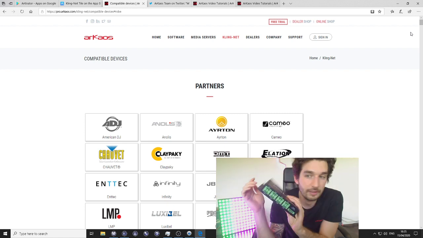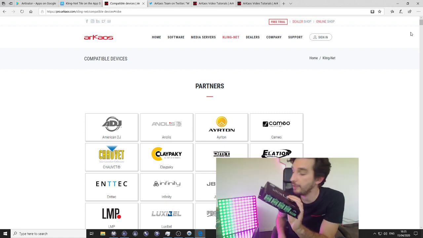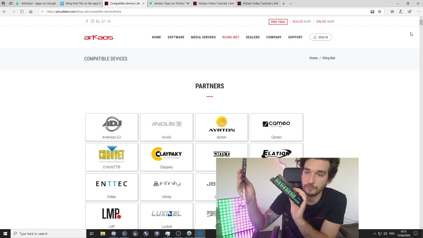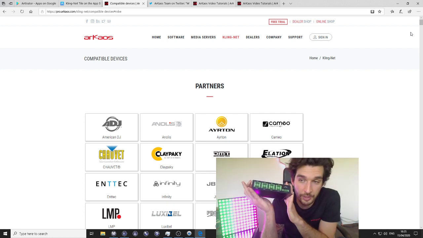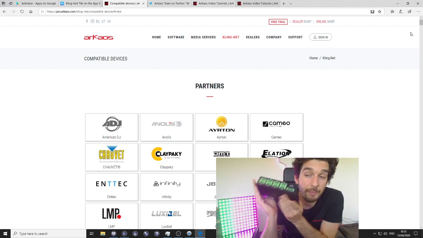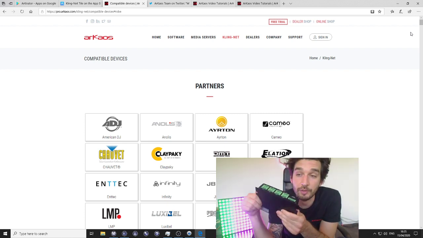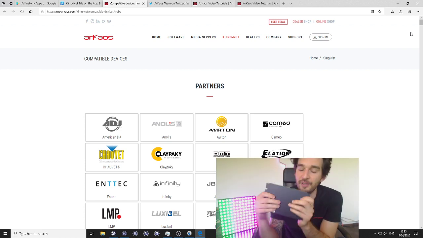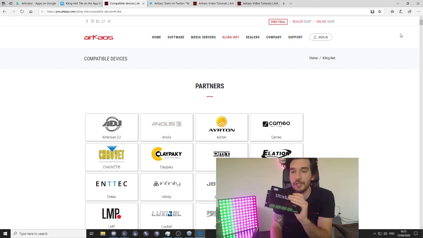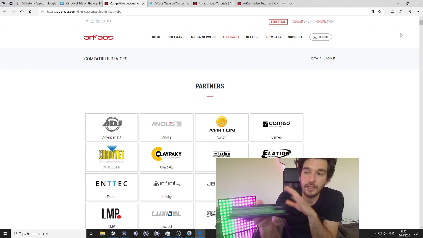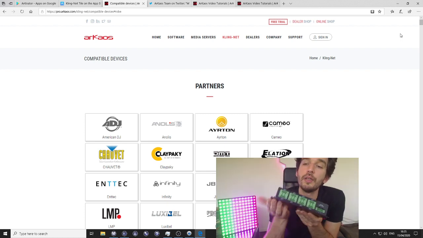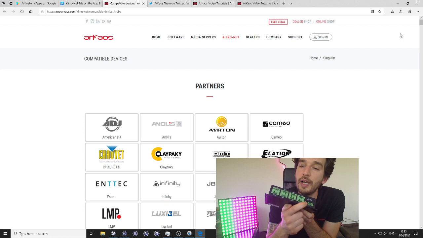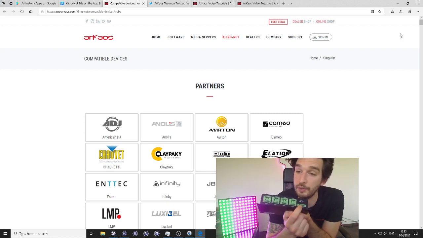So that's an SPI LED tape driver, made by us, made by Arkaos. This is made in Belgium. I can tell you guys it's actually made 15 kilometers from here, most likely. So that's very, very local. Made in Belgium, running ClickNet. 8 outputs of LED tape, 4 or 3 wires. It's 5 or 12 volts. The driver is either 5 or 12 volts.